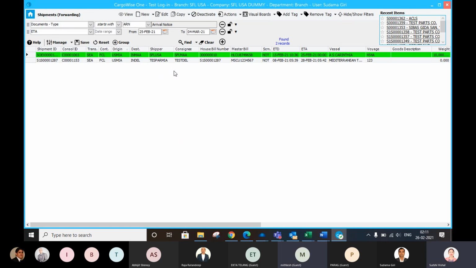Okay, so Ekta, we need to come up with all the possible list of triggers, controls, and notifications that you would want. And then we will have to talk to SFL to see what is already there in CargoWise and what we need to additionally build in. So Mithilesh, these are the...